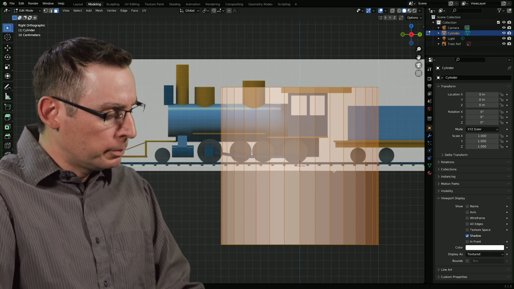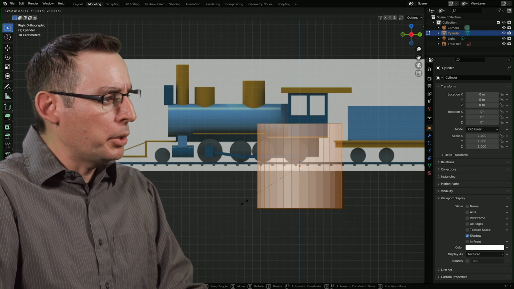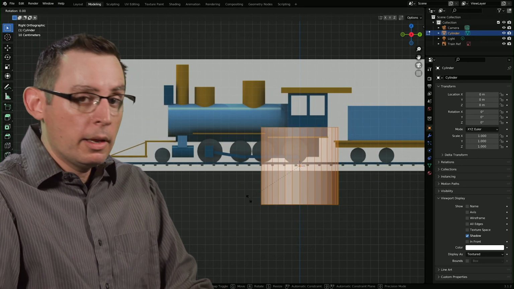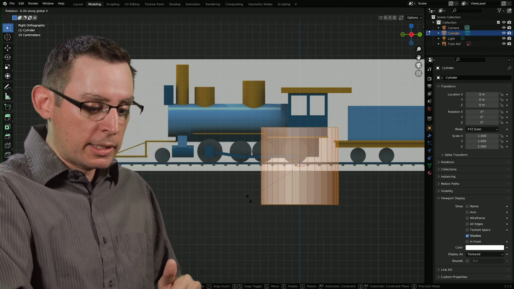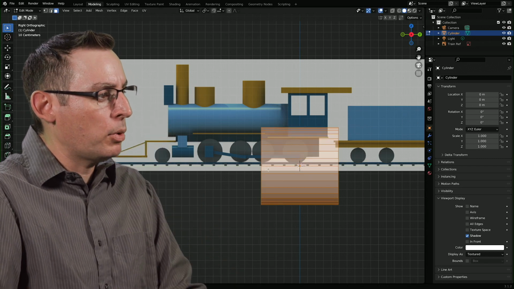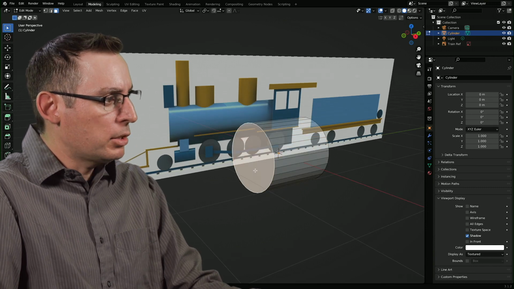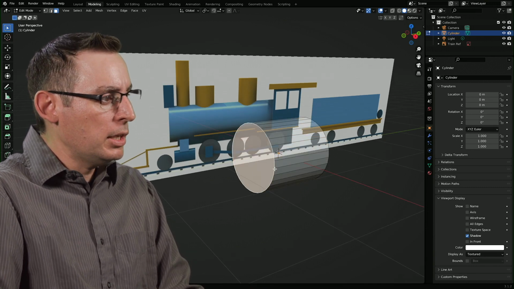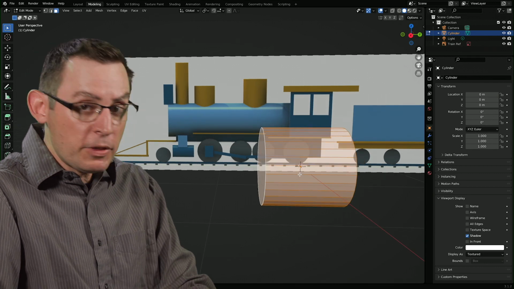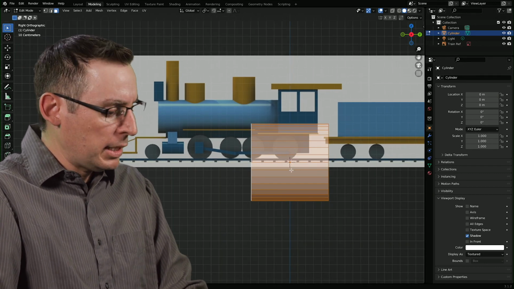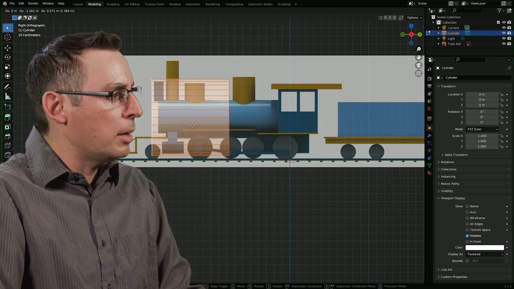I'm in edit mode. Let's just scale this down a little bit, and I'm going to rotate it around the x-axis. So rotate x to rotate along the x-axis and then 90 degrees. I'm pretty happy with that. Now the front of our train, this little polygon here, is going to be facing the front of our scene, which is what I'm after. Hit the L key to grab all of that. Let's return to the right view and start getting this roughly in position.